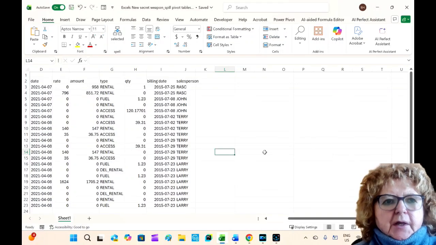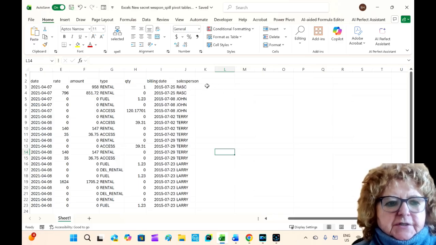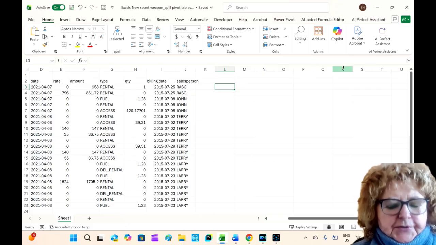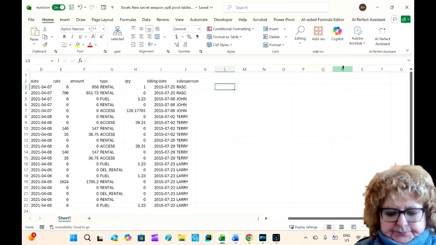I'm going to show you Excel's new secret weapon, the spill pivot table. Pivot tables, when you're using this method, is now a function instead of another page with a bunch of dragging and dropping. So what I'm going to do is show you how to use the spill pivot table. I'm going to go to a cell and type in equals PIVOTBY,